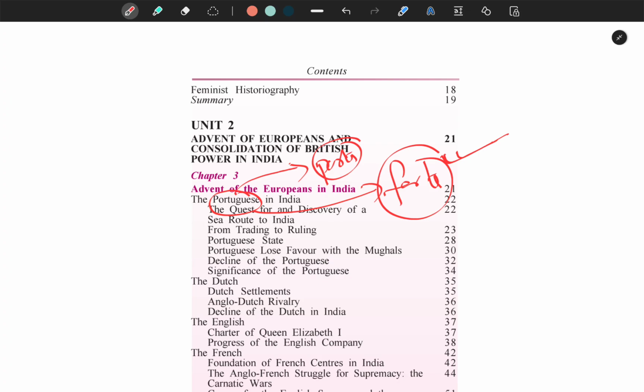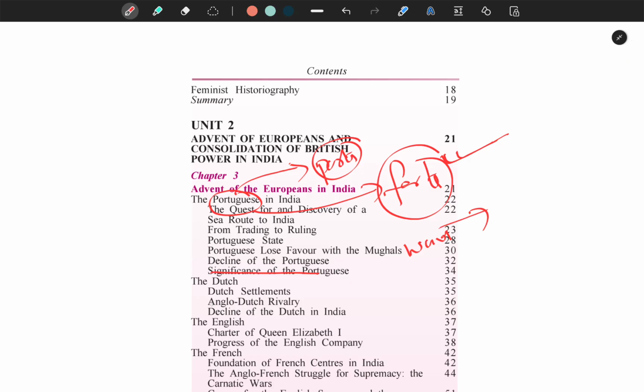And any important words from the French, like the Wandiwash word, that is important. That's all. And famous viceroys, Francisco de Almeida, Albuquerque. Then acquiring Goa from the Bijapur Sultanate with the help of Krishnadevaraya. Such things are important, not only for the Portuguese, because those concepts come again and again. Significance of the Portuguese is not important. Significance means the contributions made by the Portuguese, what things were introduced by the Portuguese.